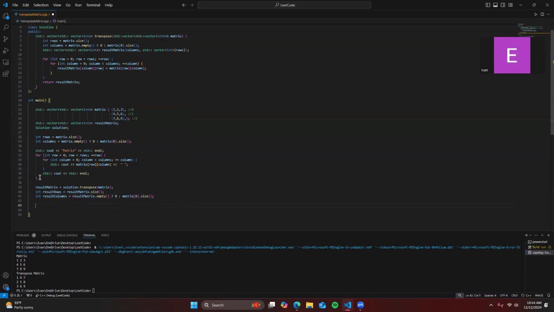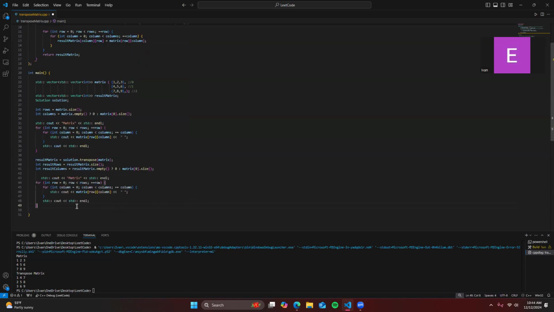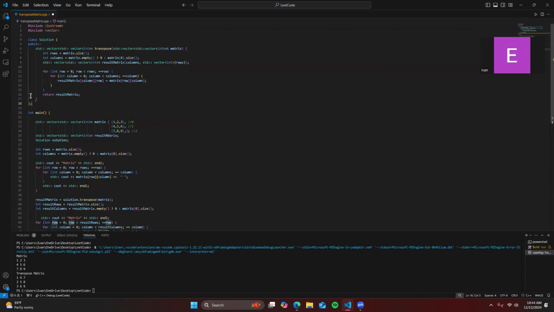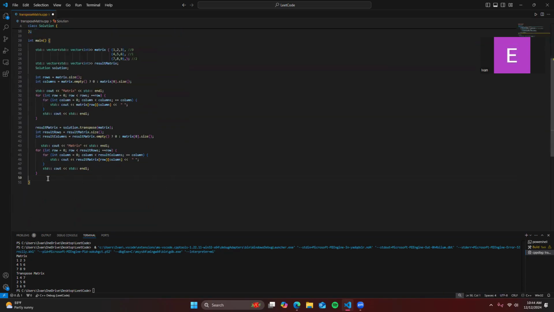And then we're just going to copy this because it's the same thing. And instead of rows, we're just going to say result rows, result columns, and then std::cout result matrix now at array row and column. We just say row and column here again because essentially this is just doing all the swapping, and then we can just print it how it is. Result matrix. And if we run this,